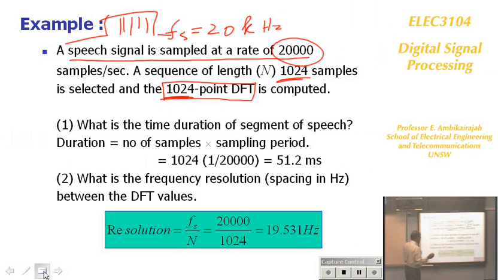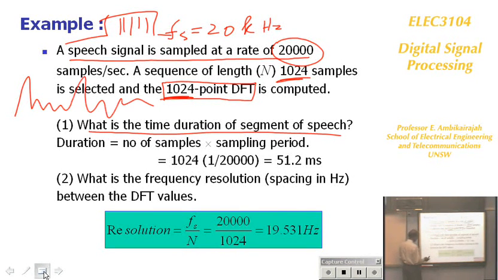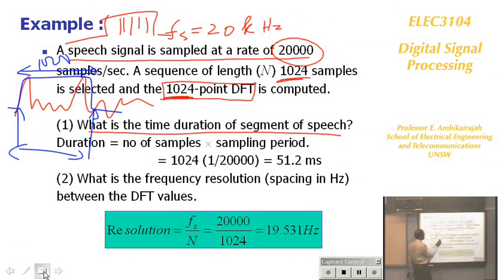If you do the DFT, the first question is, what is the time duration of the segment of the speech? So the speech is like this, it's going like that. You go and put a window. When you put a window of 1024 samples, anywhere you can start. If you start from here, say that's the window, that is 1024 samples. So you're starting at that time instant, finishing at that time instant. The question is, what's the duration of the signal? So basically, we know 1024 samples multiplied by the sampling period, which is 1 over 20,000, is 51.2